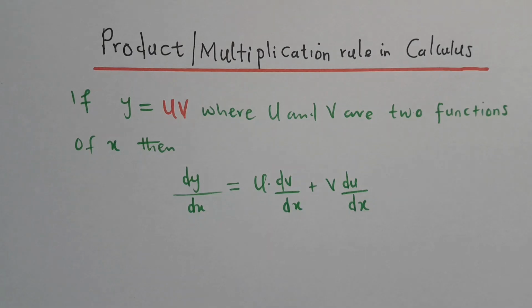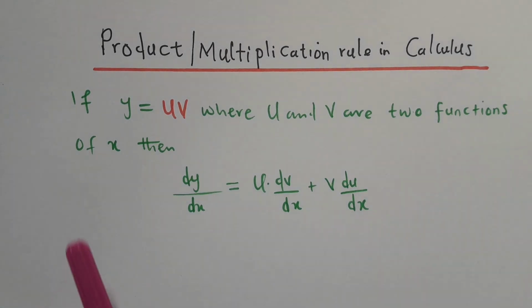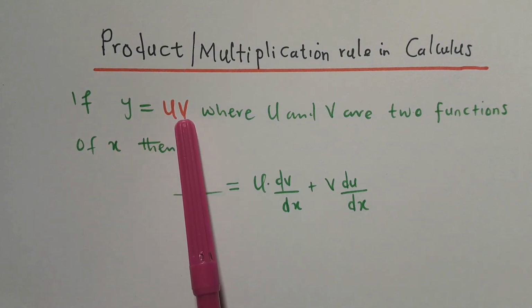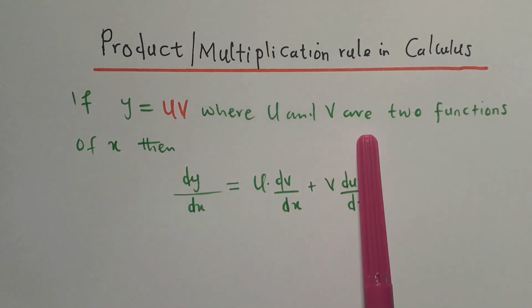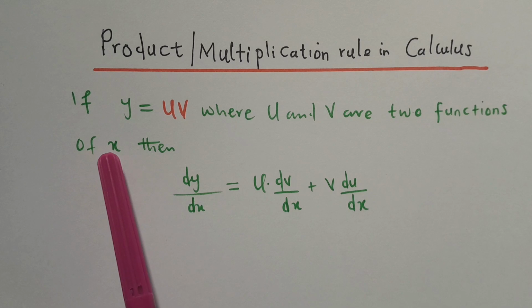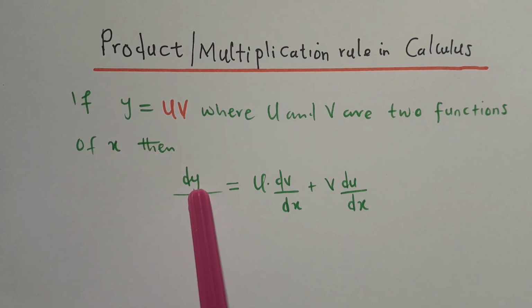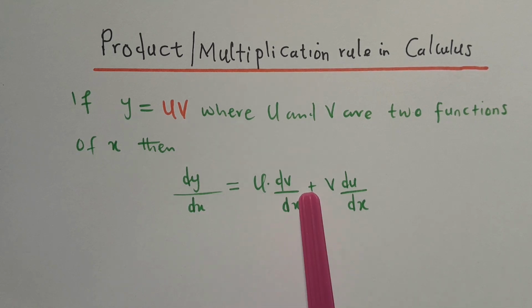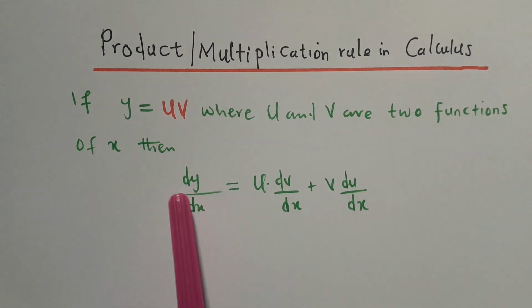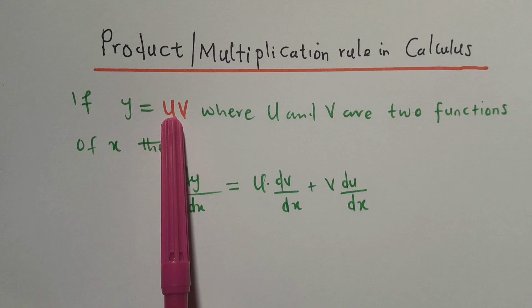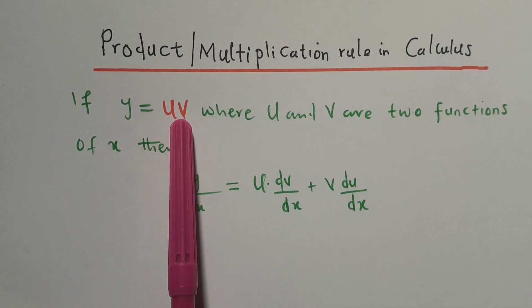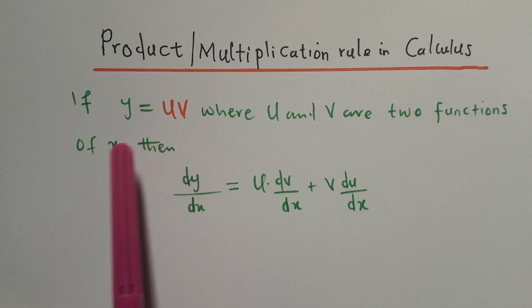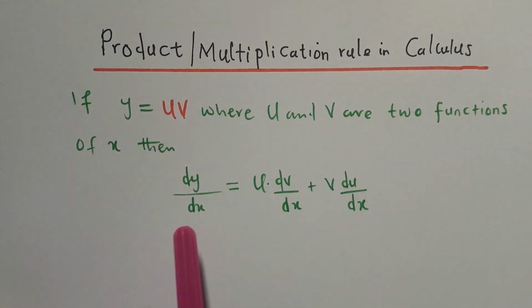multiplication rule in calculus. The product rule says if y equals u phi, where u and phi are two functions of x, then dy/dx equals u dot d phi/dx plus phi dot du/dx. So what we are saying is if y equals these two functions, where these two functions are functions of x, so the first derivative of y